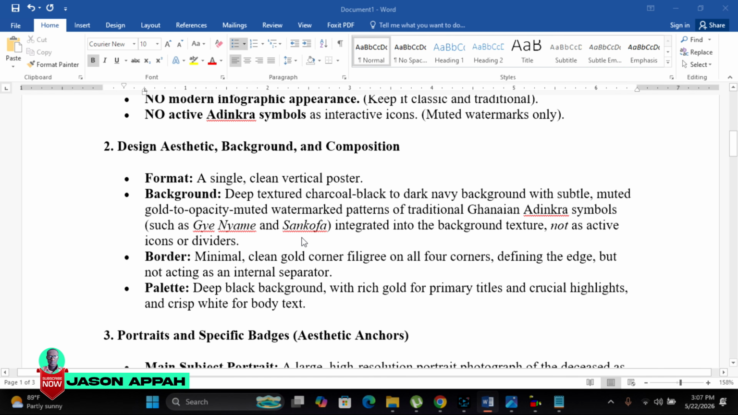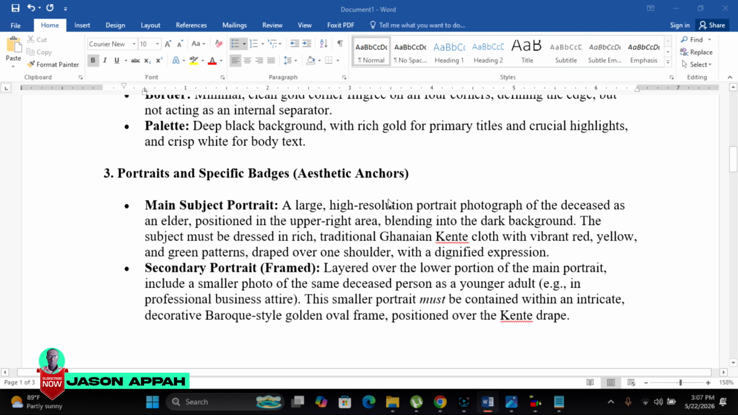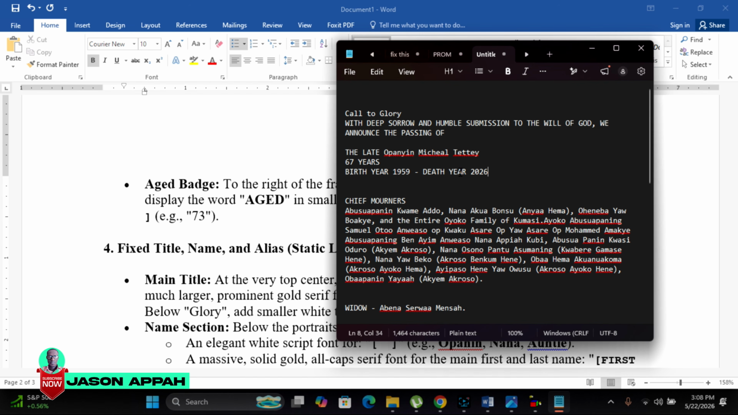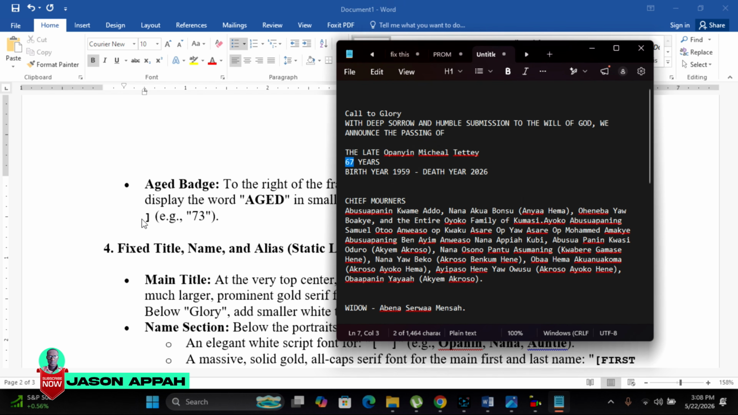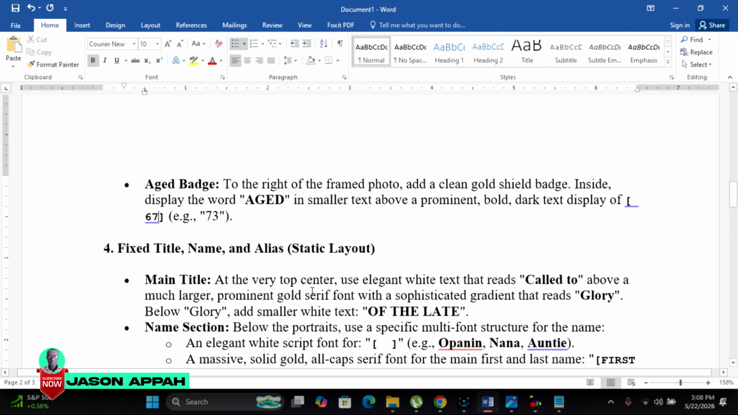So what you are going to do is that you come straight down. So you are coming straight down and we start from age. So you put the age there. Always make sure you have your texts, your new texts, so that you can just copy and paste. So this is the age. And then